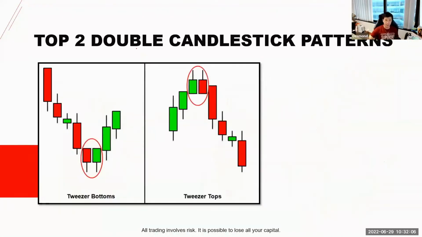The other favorite double candlestick pattern I have are the tweezer bottoms and the tweezer tops, okay? Tweezer bottoms, as the name suggests, right? The wick, as you can see over here, it looks like a tweezer, right? And the thing about tweezers is that their little arms, the wicks, tend to be at about the same level. One should not be a lot lower than the other, or a lot higher than the other,